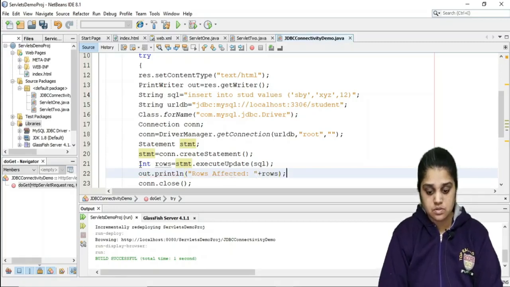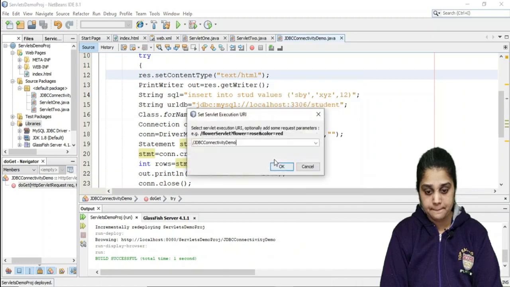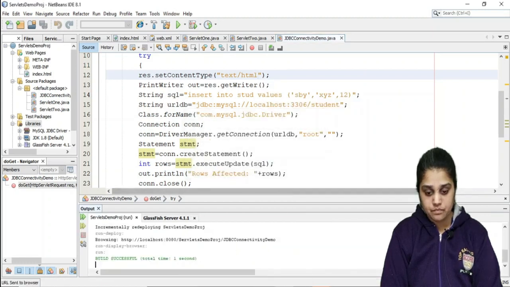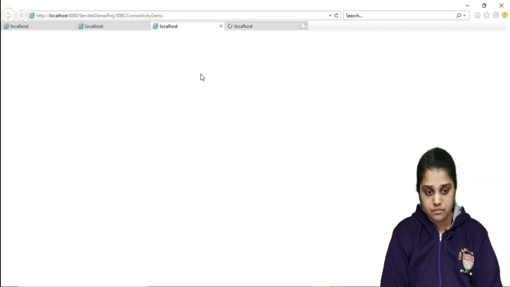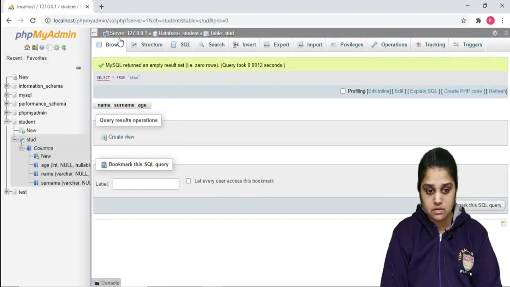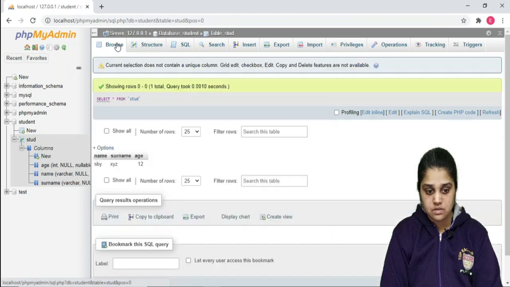Let me run this program. Rows affected is 1, so there is an entry inside. Let us check, browse. Okay, you can see the entry.